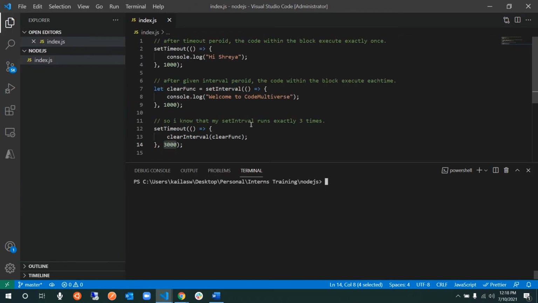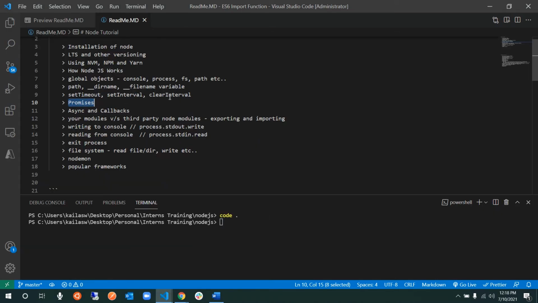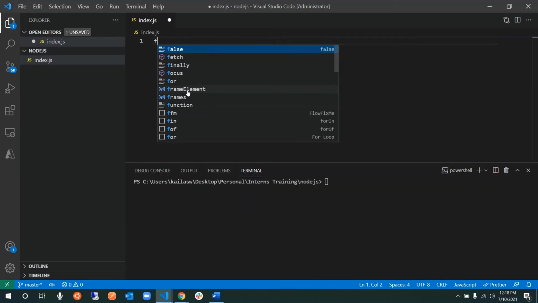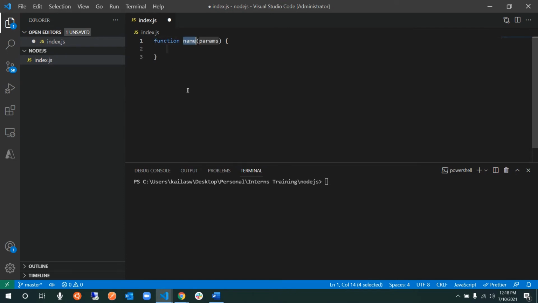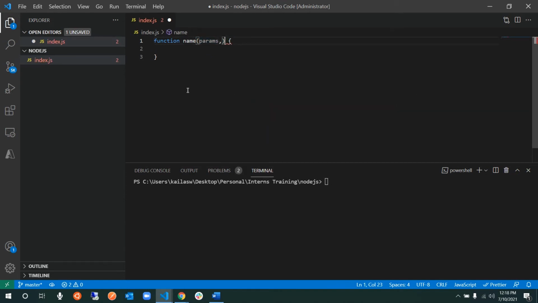And the next thing that we learned about was promises. I think promises we already know. We talked about it during our JS class, and then we also talked about asyncs at that time. So the last thing that we're going to talk about is callbacks. Callbacks is nothing but a function passing another function as an argument. Your first thing might be your parameters, but the second parameter is a function that you're going to call as a callback.